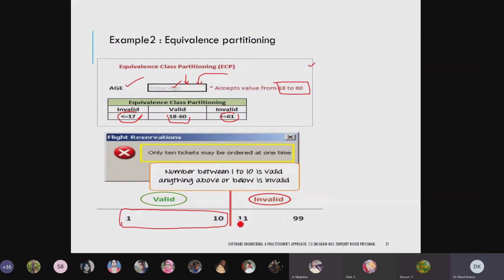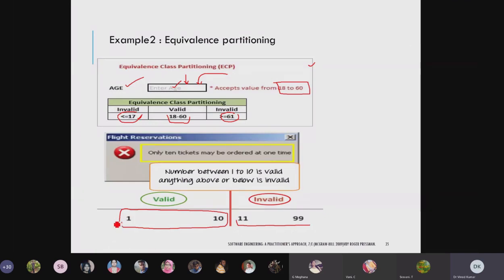If you put a value greater than 10, that is 11 to 99 whatever, it is an invalid entry. Immediately your system will show invalid entry, and you also have to verify with your test cases.